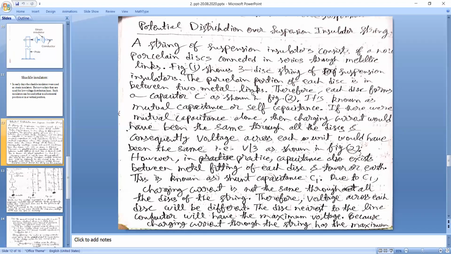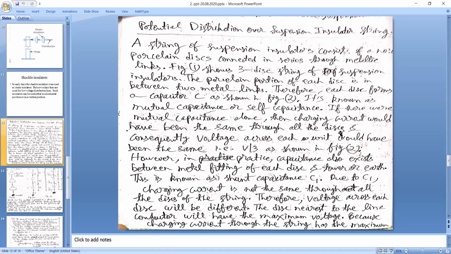Each disk, the porcelain portion of each disk. Therefore, each disk forms a capacitor C as shown in figure 2. It's known as mutual capacitance or self capacitance. If there were mutual capacitance alone, अगर मतलब mutual capacitance या फिर self capacitance मतलब क्या है, वो जो capital C था वो वाला. So if those capacitances were alone, there is mutual capacitance were alone, then charging current would